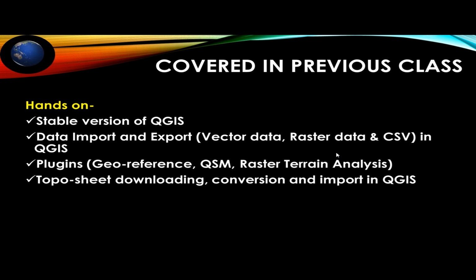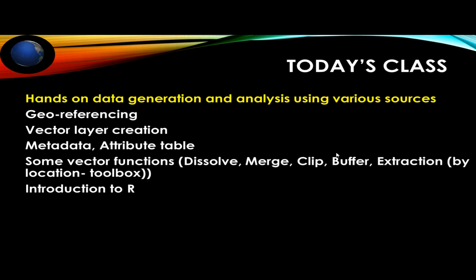So last time I reached the topo sheet. After downloading the topo sheet, we are doing georeferencing. Today's topic will complete our georeferencing, which in the last class was not completed. I will tell you the issue, how it is throwing an error and why it's not coming, and then how we will create a vector layer over that, and we'll see some metadata and the attribute table of the map,